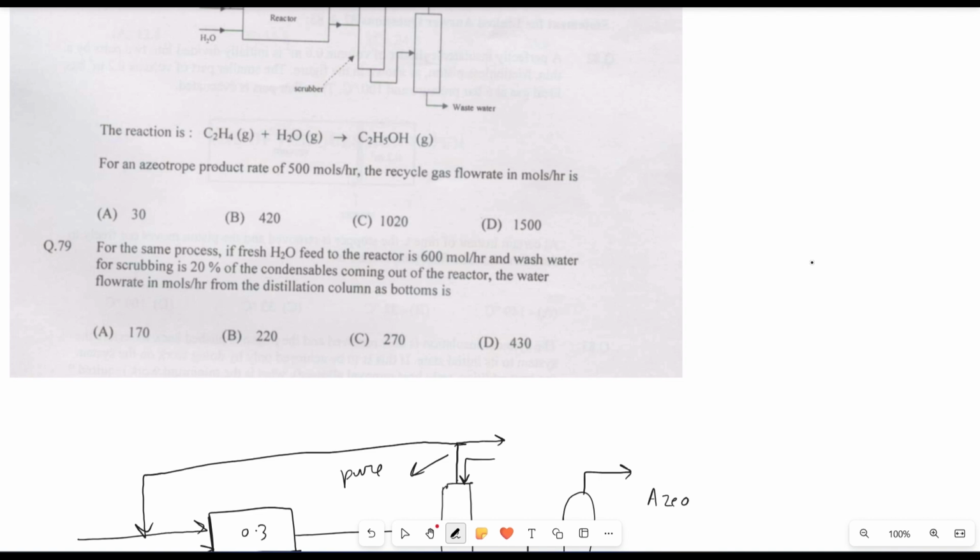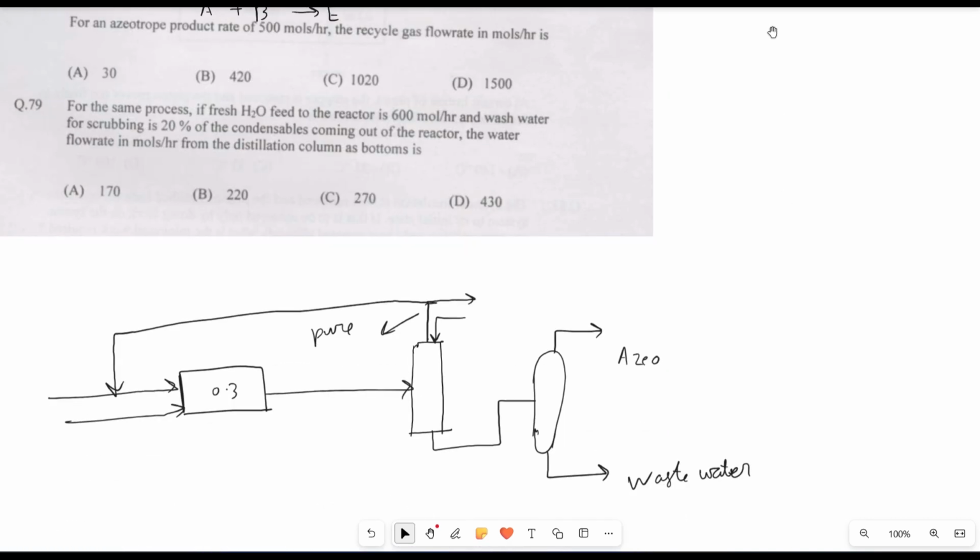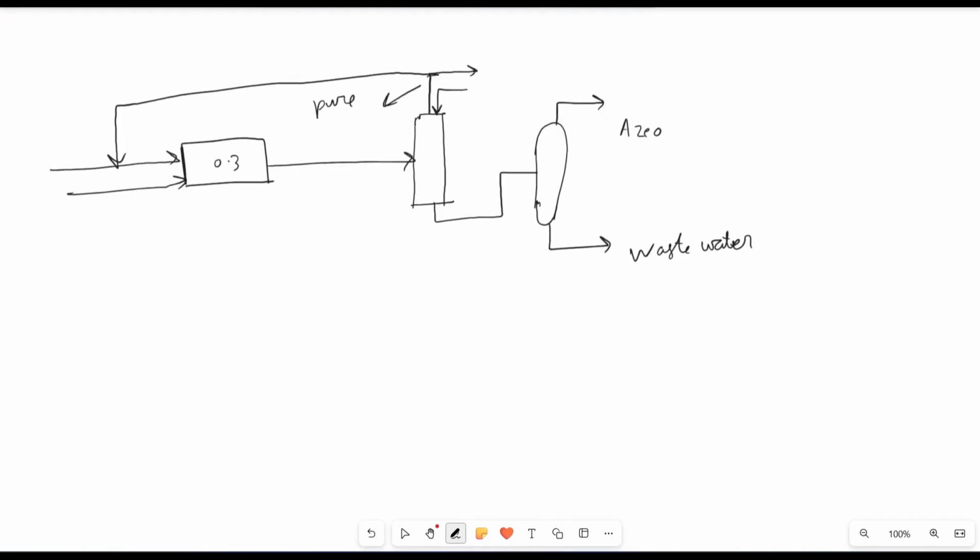Let the reaction be A plus B gives E. A is ethylene, B is water, and E is ethanol. So for the reaction A plus B gives ethanol,